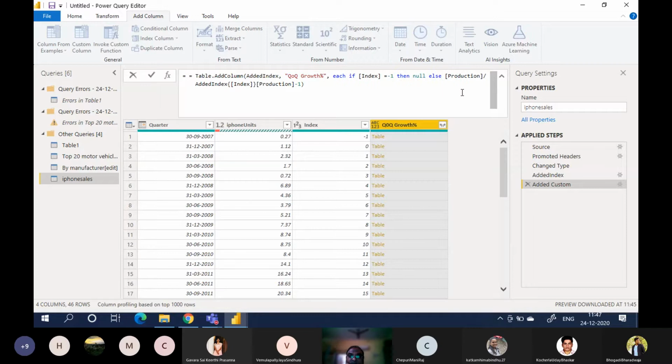In each IF, instead of production, change it to iPhone units divided by index iPhone units. Press enter.